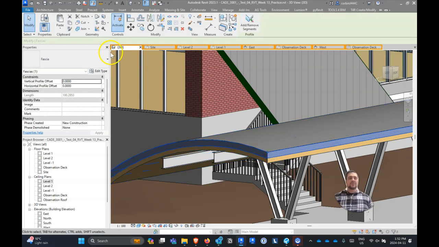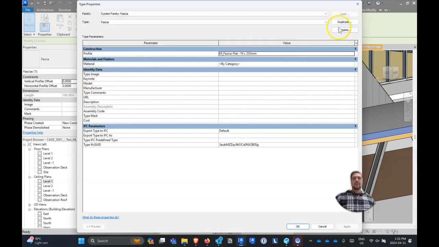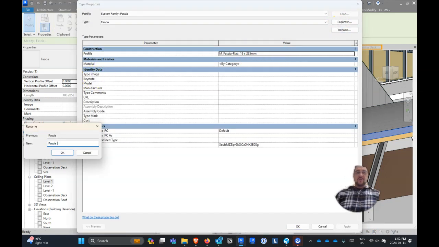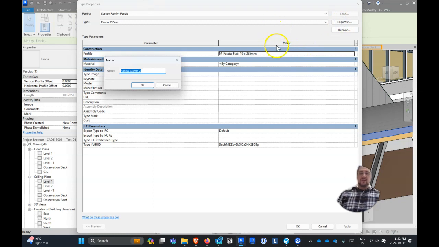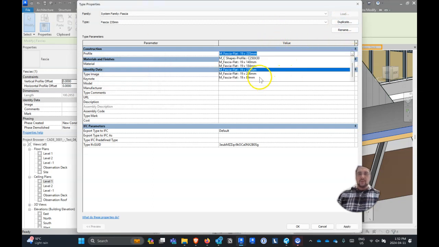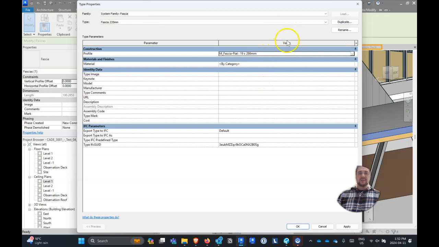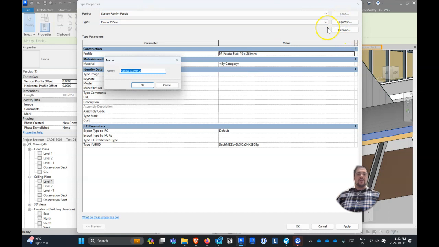And so the last thing to do with this fascia is this fascia isn't tall enough. So I'm going to go edit type here, and I'm going to rename this. This one's called 235, so I'm just going to write 235 millimeters for depth. And we'll duplicate this and we'll change it to maybe be a little bit bigger. Let's see how big we can go. I think we're going to need more than 286, but let's duplicate and I think we'll need, I'm going to call this 400